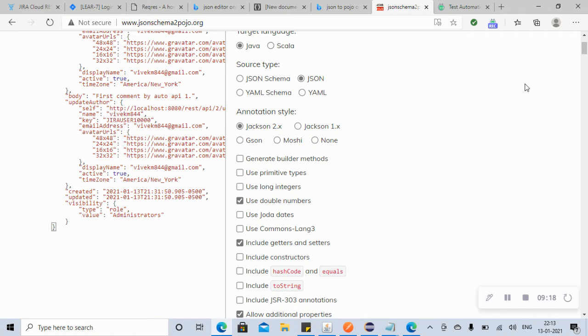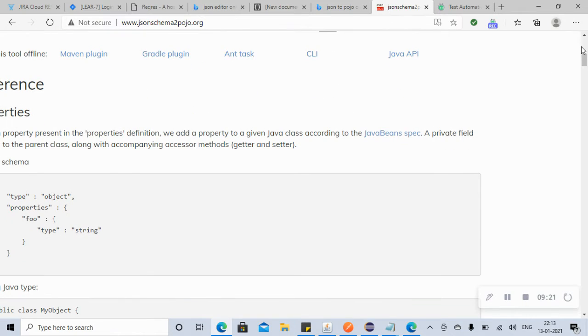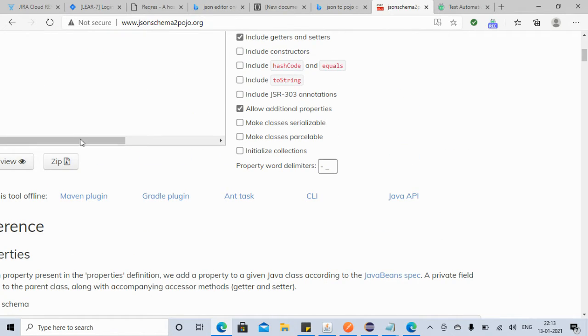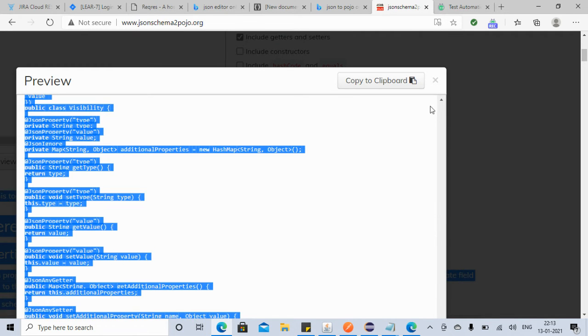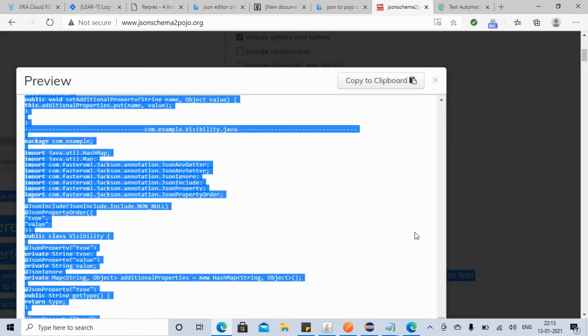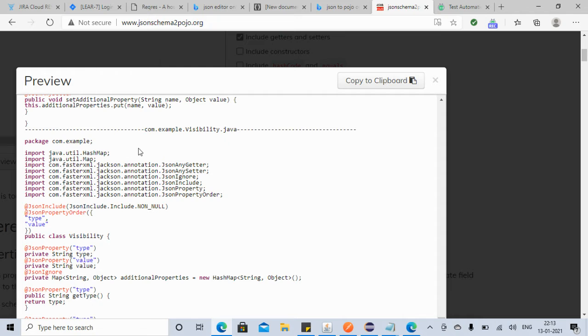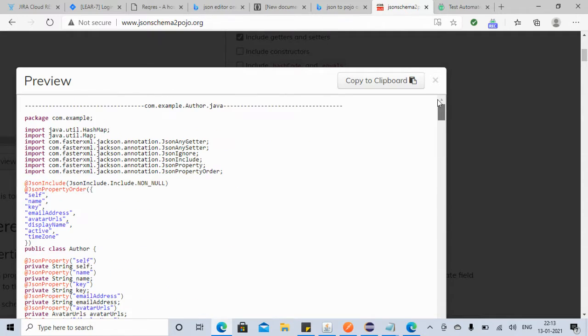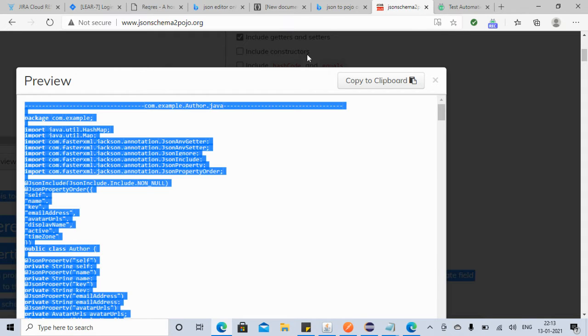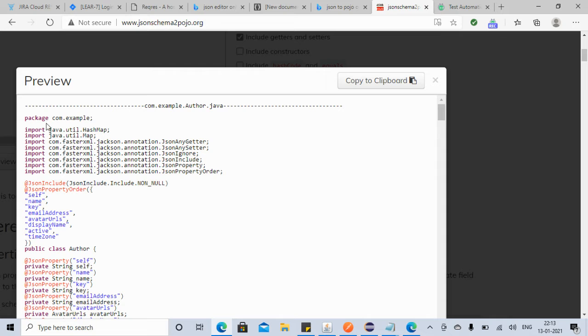Okay, and then just go to this and Control A, Control V. Okay, and then again you try to see the class for this. So we are using this again, JSON to schema to Pojo, and click on this, and we got the class here. Very good. So let's see what classes it generated. Okay, again it has generated the visibility class. Okay, that's fine, we don't need that. We just need a class for example. Example class means the base class, right? We just need the base class here.